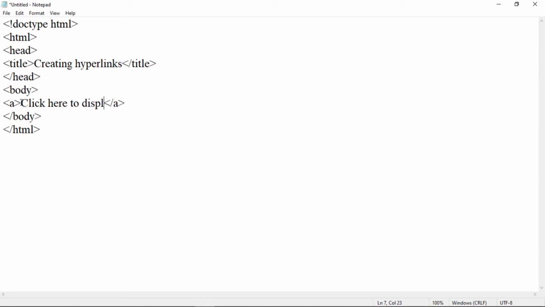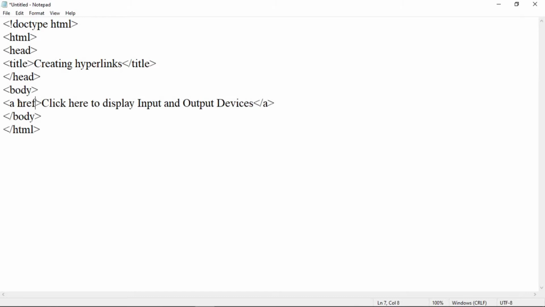So let us write down as click here to display input and output devices. Click here to display input and output devices. Now within this a tag we have to provide the path of the file which is to be opened after clicking on this link.